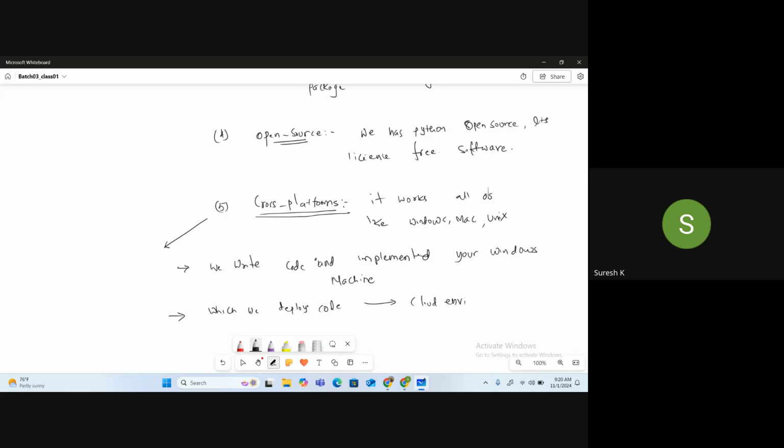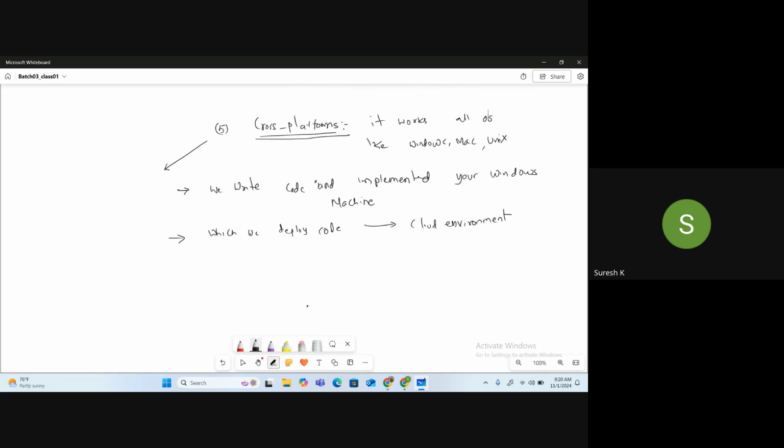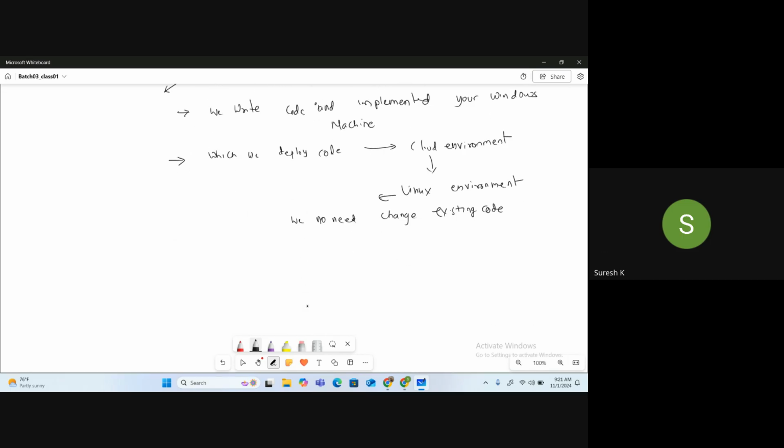Where we use a Linux environment, we no need to change the existing code. We can use a concept called lift and shift.